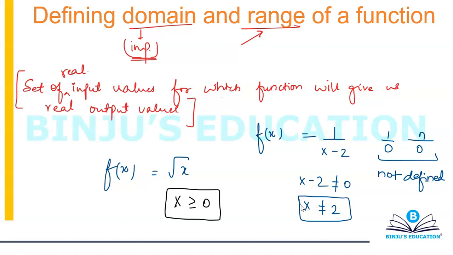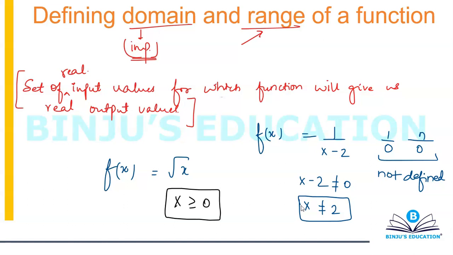Put x is equal to 3, you will get 1 over 1. Put x is equal to minus 2, you will get 1 over -4. 1 over -4 is also real, remember that. Anything that lies on a real number line is always real. Negative, 0, positive, all of them are real. The problem comes when you have something as 1 over 0, a number by 0, or you have a result in terms of iota. In those cases, the output is not real.